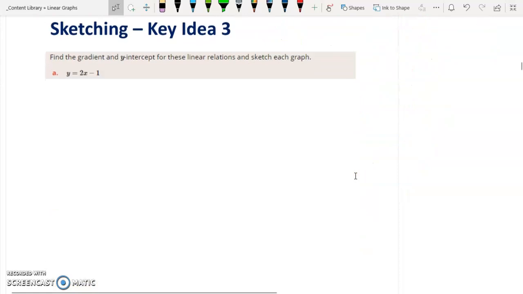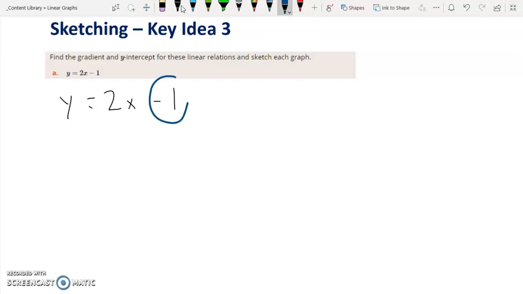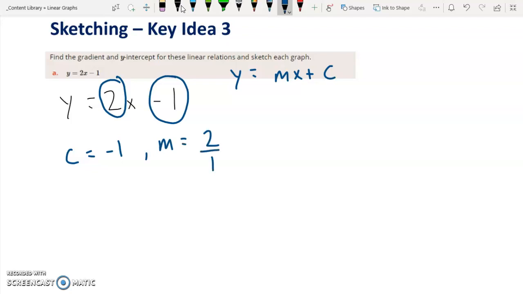Now we're going to use that information to sketch the graph. So I'm going to go back to my black pen. Now I have the function y equals 2x minus 1. The first thing we do is the y-intercept. Here it is, c equals minus 1. Then we're going to find the gradient. Remember, y equals mx plus c. So m in this case is 2, which means 2 over 1, which is